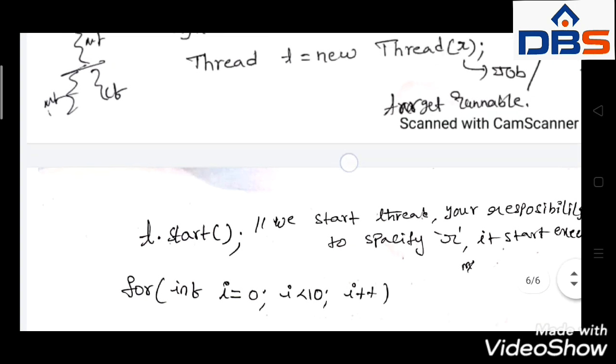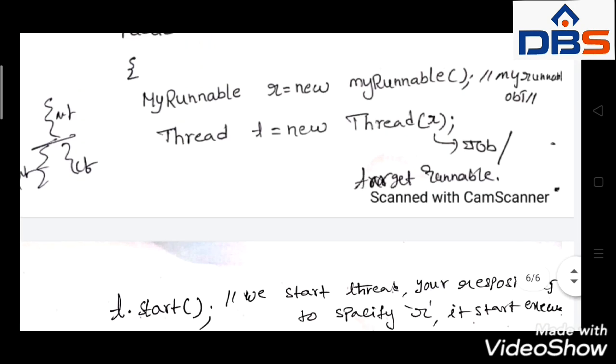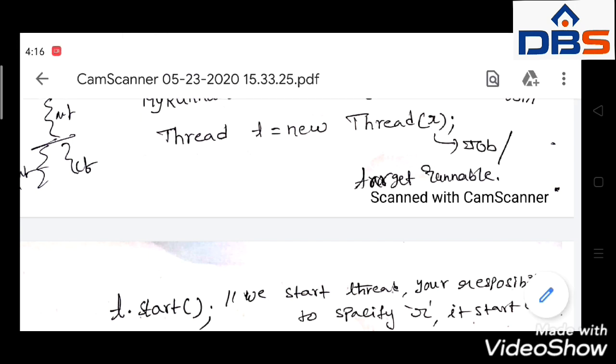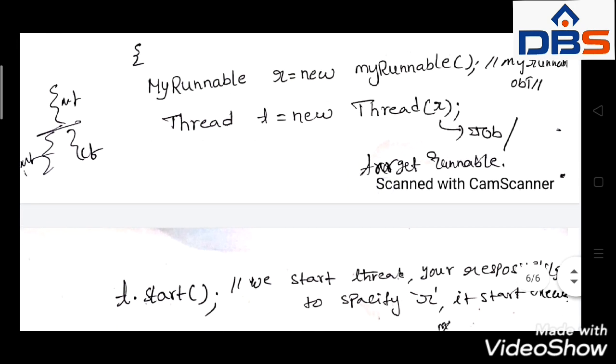Suppose we do not mention r in this bracket, what will happen? R is a runnable object, and if we do not mention it here, nothing will happen. It will not execute anything related to the child thread.